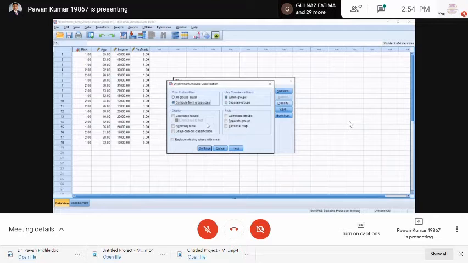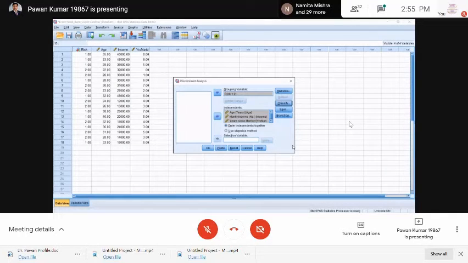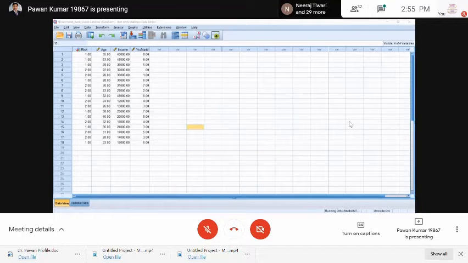So you tell SPSS to compute from group sizes, and click on Summary table. Here is the covariance matrix, the Within-groups, where you will see the covariance and equality of variance. Then click Continue, and then click OK.